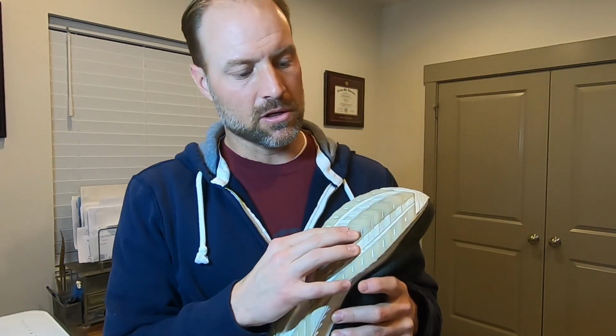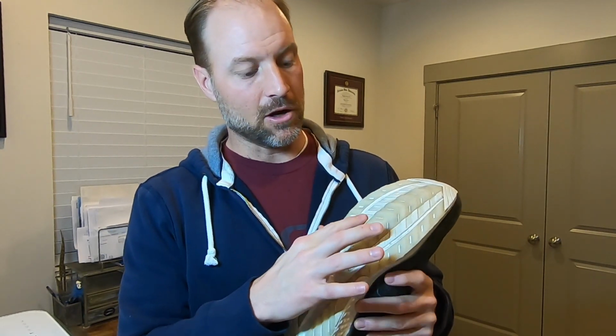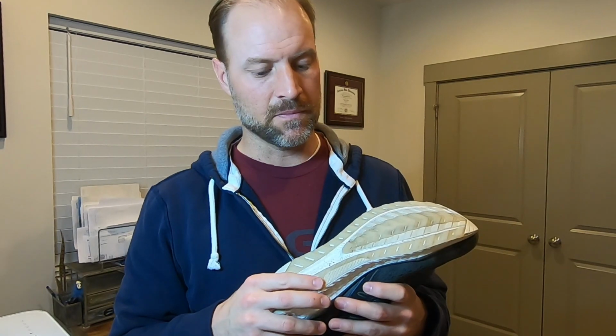bit better. Obviously, one of the things that is most appealing about the shoe is that it does have the PWRUN Plus. So the PWRUN Plus is a great, very responsive and bouncy foam that they use for the sole of this shoe. On the bottom, you've got crystal rubber, and then also you've got some more dense and hard plastic in there as well. Saucony does try to add a little bit of stability. They call it a hint of stability. So you'll see that here just on the inside of the forefoot, that you've got a little bit of extra stability there, just to help you on your longer runs, for instance, just to make sure that your form is